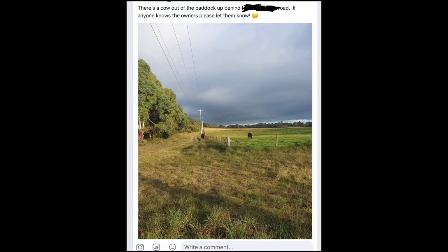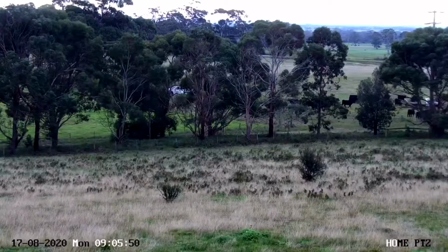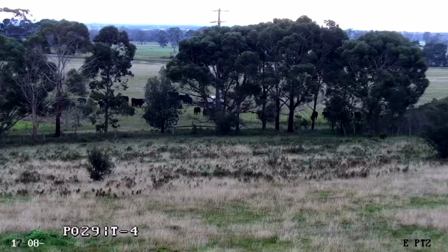I installed it about 3 weeks ago, and I got tagged in on a Facebook page asking if I knew who the farmer was that lived next door to me, which I don't, but I thought, well, opportunity arises, I might log into the camera and see if I can see what the problem is. They reported that a cow was missing, or a cow was out of the paddock. So we logged into the PTZ camera from work, and I was able to see that the farmer was attending to his cows, so there was really no issue at all. And I reported as such back on the Facebook page that the cow was fine,